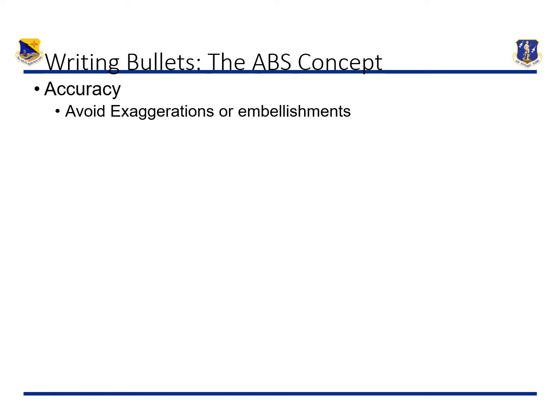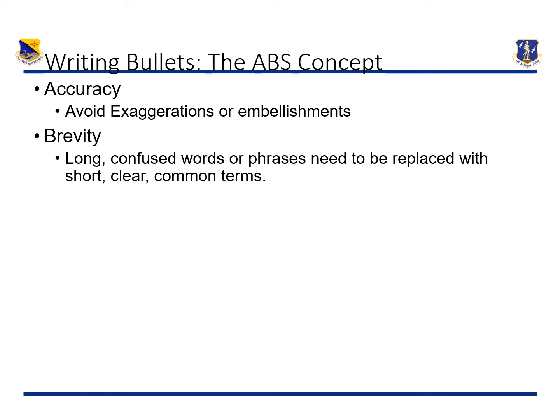Think about the fact that these records are going to be permanent, so you definitely want to be as accurate as possible. Our bullets are limited in length, so you want to be brief and clear with your statements. Again, you can write a 2-part bullet or even a 3-part bullet, but quite honestly, those are almost rarely used in practice. Anything that can confuse our reader, confusing words or phrases, try to avoid at all costs. Long acronyms or words specific to your job that don't expand past your local unit should be avoided at all costs.